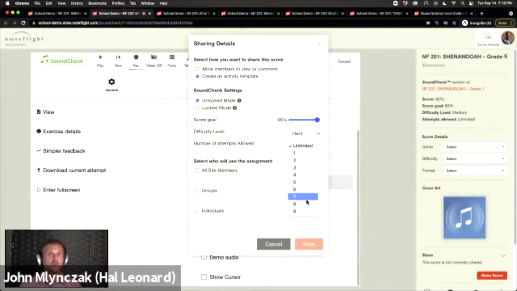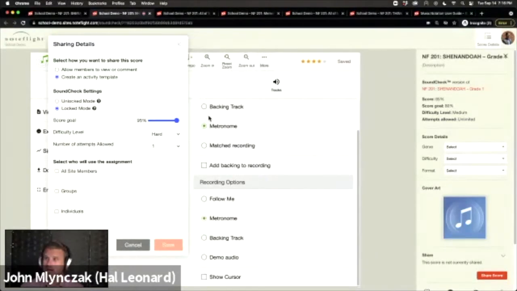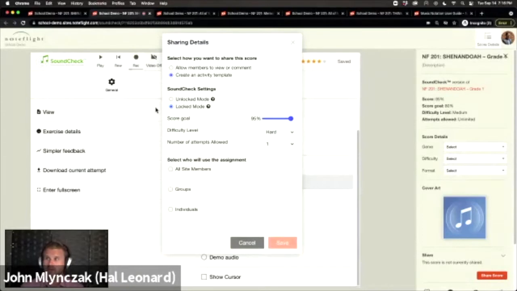And then you can control number of attempts. This is how many times students get to hit record. And if you say you only get 2 attempts, that means they can record once. If they want to try again, they can, but that's it. So if I want to do a true sight reading experience, like I showed before, I would set metronome only. I would set locked mode. I would set hard difficulty level, 1 attempt. That's it. They have to take the first score they get. And that's how you'd set up your